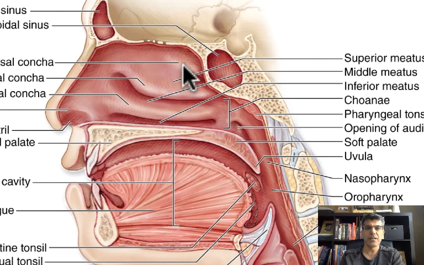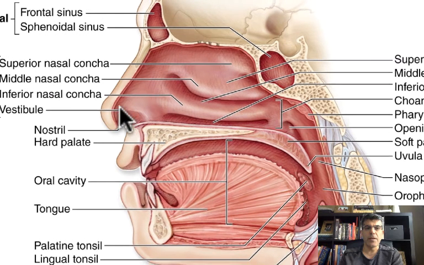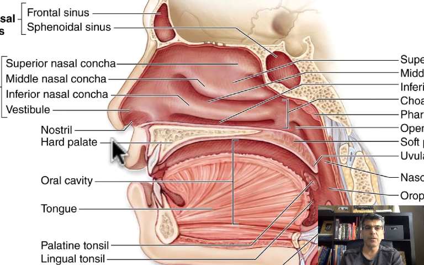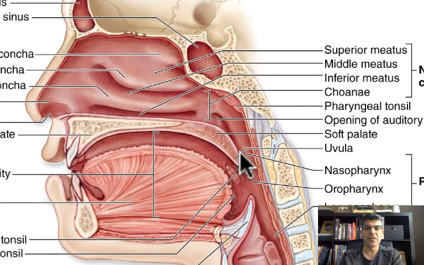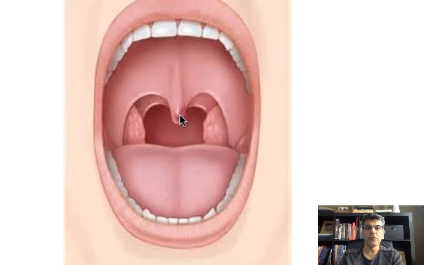Do you remember that the superior concha and middle concha, these projections, belong to the ethmoid bone? And I hope you remember that the inferior concha is a separate bone. The opening of the nose, when it opens to the outside, is called the vestibule. And the floor of your nose is composed of two palates. We call them the hard palate and the soft palate. At the end of the soft palate, you have a tiny structure that hangs there, and that is called the uvula. As you can see, this is your uvula.